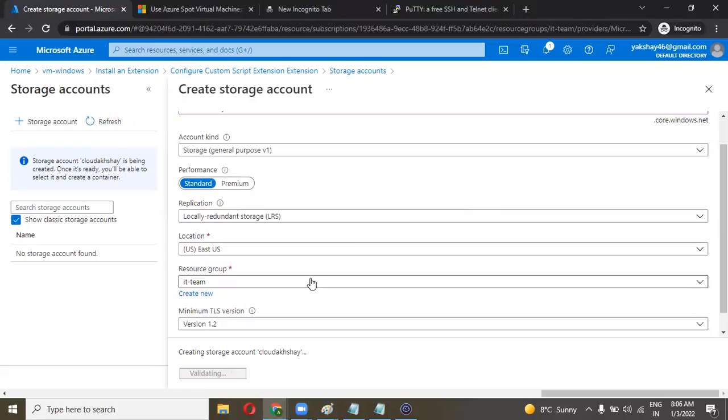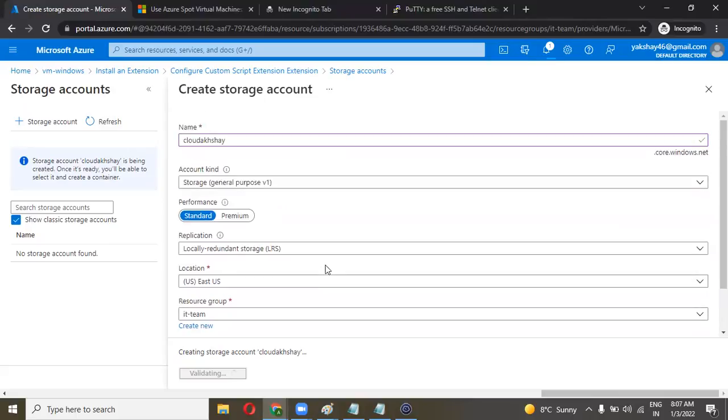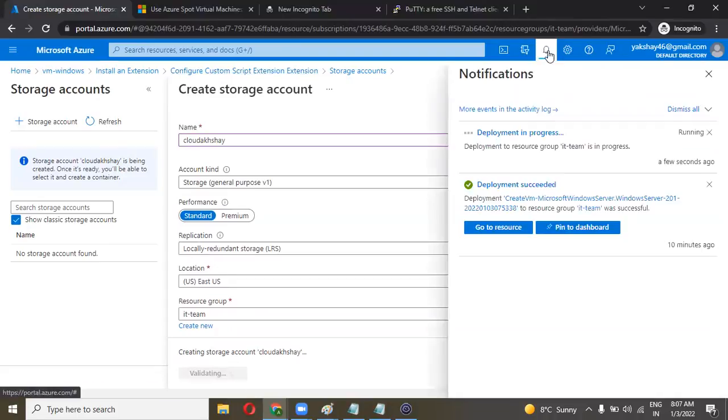Please wait for the validation and creating. It takes some time for the first time to create a storage account.